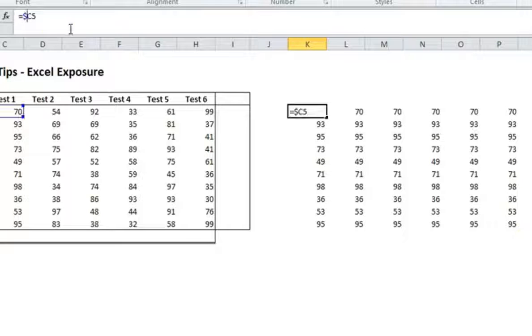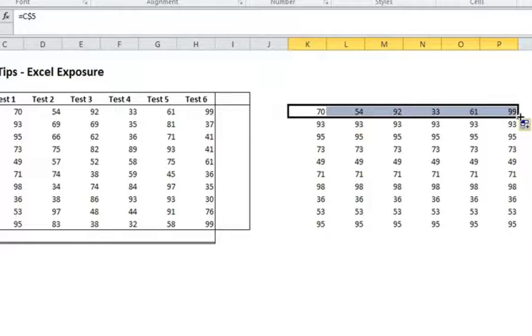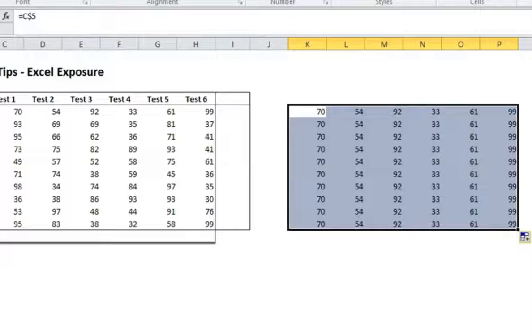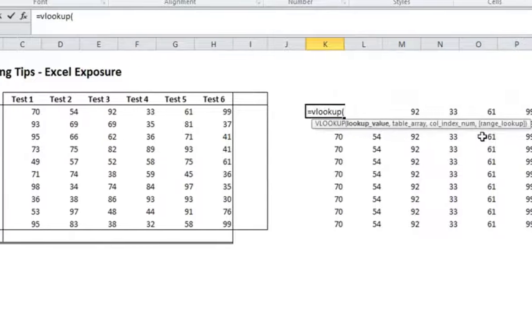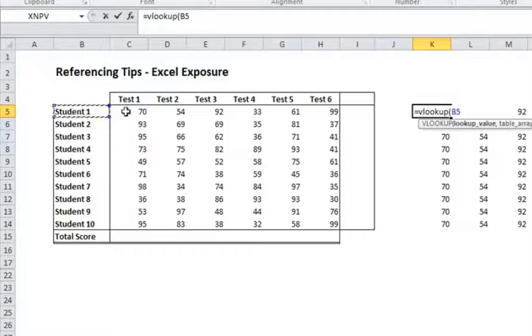Same thing if you do the opposite, put the $ sign only before the row. As I move across, it will change the column, C, D, E, F, G, H, but then as I copy it down, it'll stay the same row. Depending on how you set up your formulas, there may be reasons why you'd want the row to stay constant or the column to stay constant. Like let's say you were doing a lookup formula. I'll just do a quick example. You might not know the VLOOKUP formula yet, but if we wanted to look up student 1 in a table,